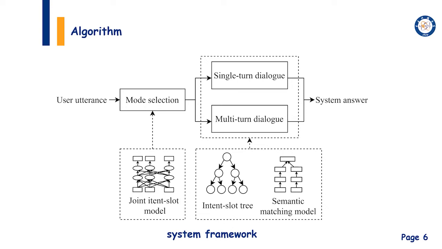In single-turn dialogue, a 2-stage text matching algorithm is used. The matching algorithm combines relevance matching and semantic matching for retrieving proper answers to simple questions or greetings, where the semantic matching is based on a semantic matching model. While in multi-turn dialogue, the user will be guided in completing his or her tasks following the intent slot trees constructed.